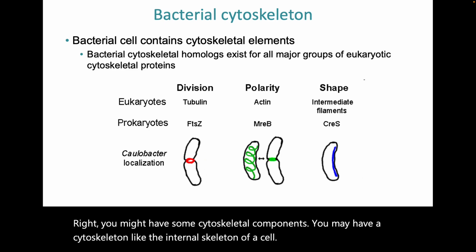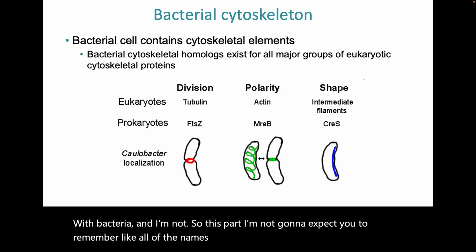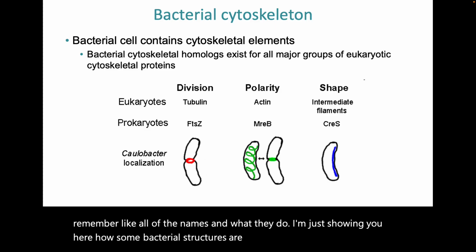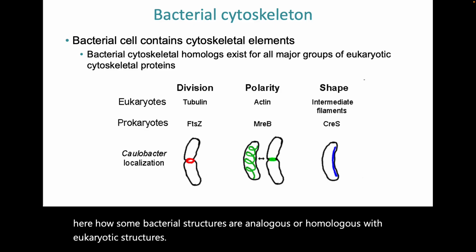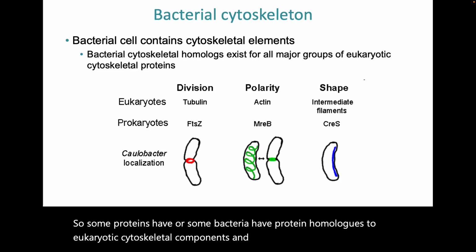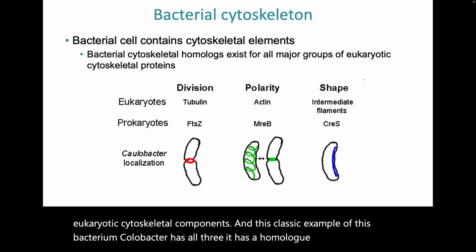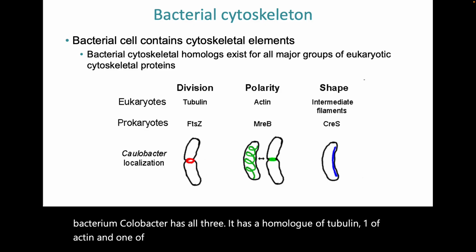With bacteria, and so this part, I'm not going to expect you to remember all of the names and what they do. I'm just showing you here how some bacterial structures are analogous or homologous with eukaryotic structures. So some bacteria have protein homologs to eukaryotic cytoskeletal components. And this classic example, the bacterium Caulobacter, has all three. It has a homolog of tubulin, one of actin, and one of intermediate filaments, which are the three major cytoskeletal components in